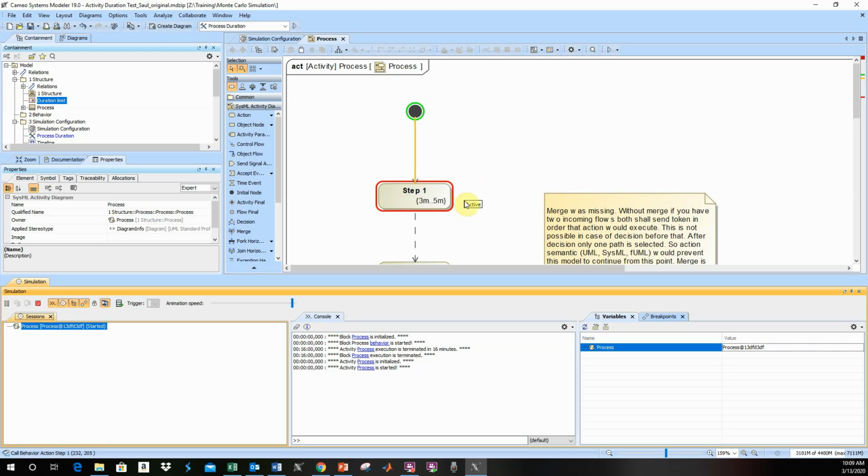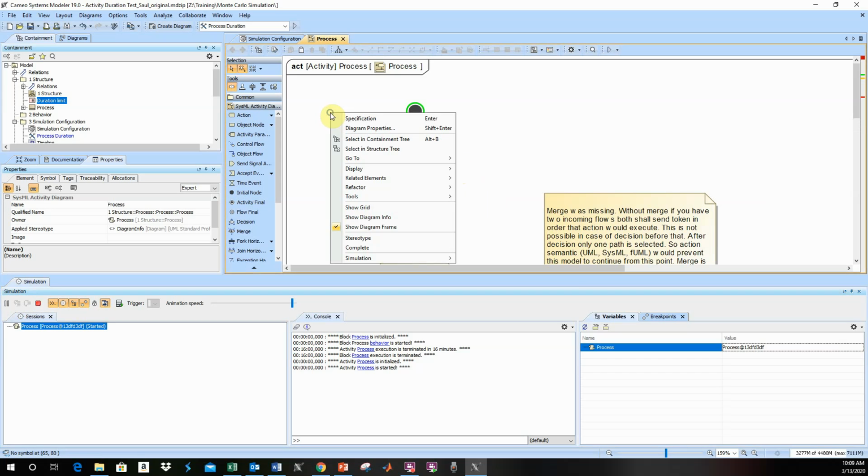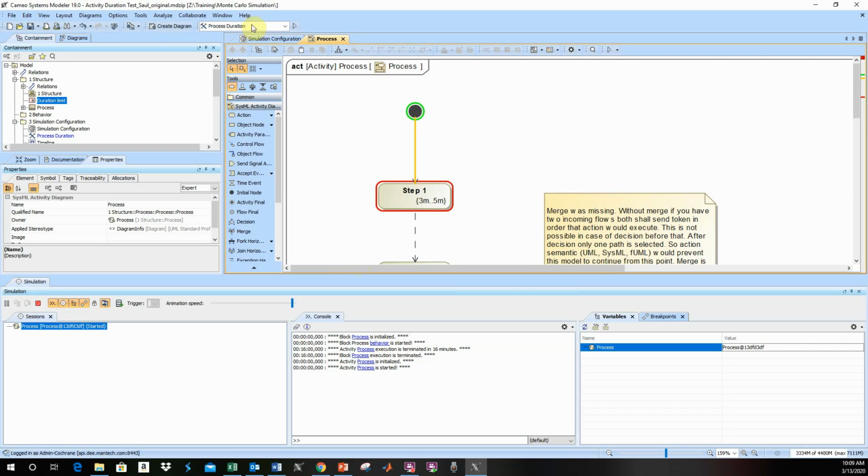So the only way I've been able to get the animation to display while I'm running this is to actually right click on the process diagram and run the simulation. So I can't do it from going up here to the simulation configuration. So these are some nuances that I'm not really able to figure out, but the main thing that I wanted